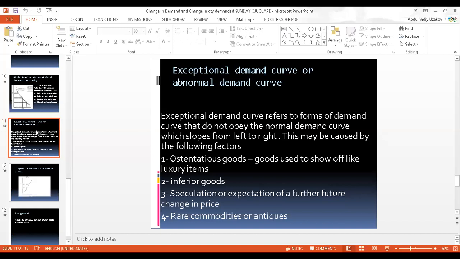So when the price of such items is going down, instead of the demand rising, because the regular law of demand says that the lower the price, the higher the quantity demanded,